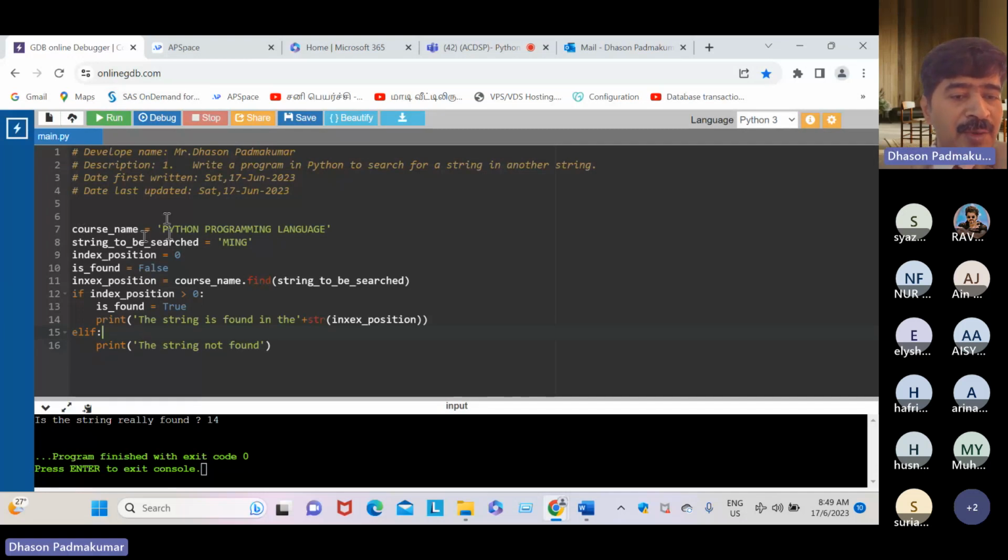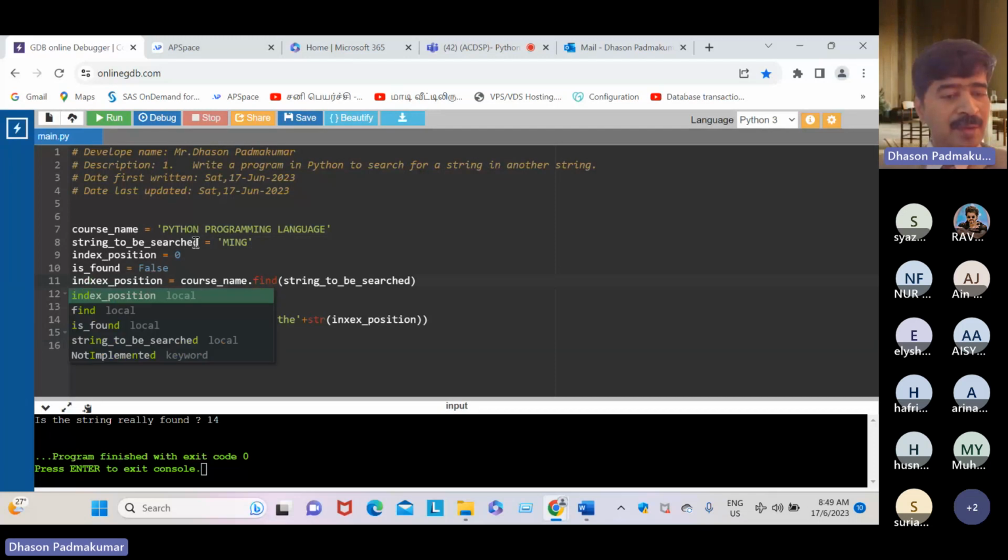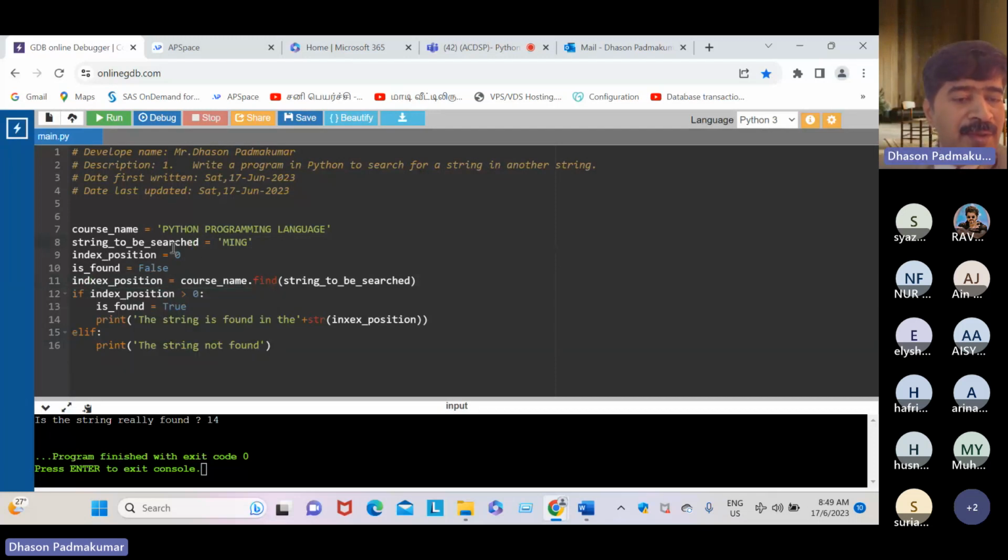Course name equal to Python programming language, and the string to be searched is Ming, and next is index. Here just index, good. We are initializing it to 0. This is in 0th position, and next is y, it is the first position.